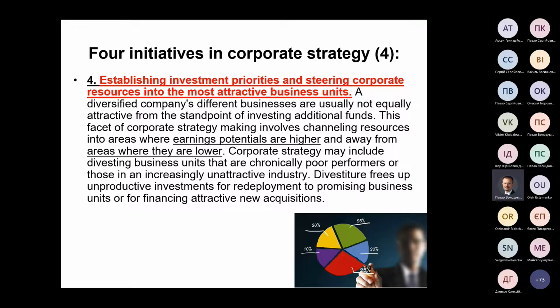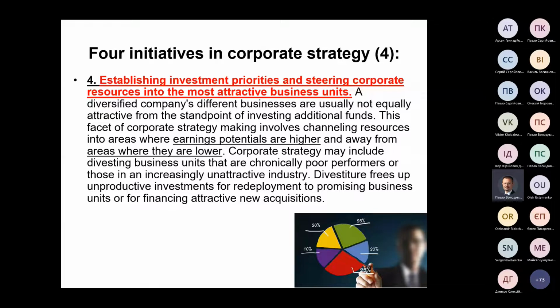And also, we will speak a lot about the instruments of how to select investment priorities. We will begin with the most simple matrix, the matrix of Boston Consulting Group. However, it is simple, it is in use, and if the company is not very big, there is no sense to